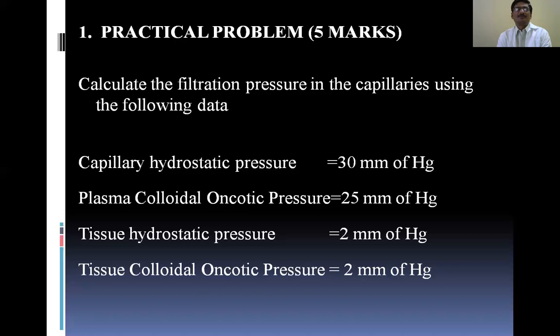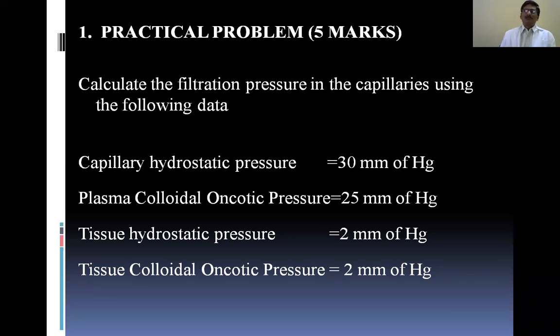These are the various forces, otherwise called Starling's forces, which govern the transcapillary exchange of fluid between the vascular compartment and the surrounding interstitium. Whenever we say blood is flowing through the tissues, the blood supply is there to supply the essential nutrients as well as respiratory gases, and also to take away the metabolites as well as carbon dioxide. That is the purpose of circulation to any particular organ.